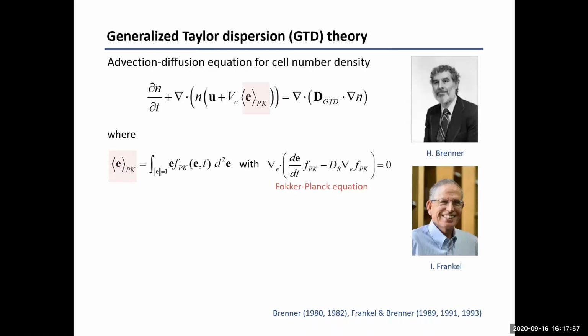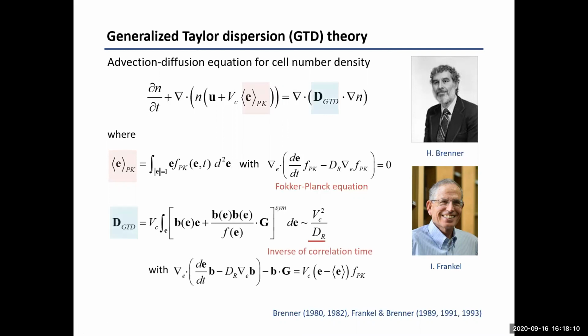So in their actual theory, they use exactly the same advection diffusion equation. And then they also use exactly the same drift caused by the swimming motions. But they have a very sophisticated form of expression for diffusivity. I'm not going to explain in detail how you derive this at the moment, but here I wanted to point